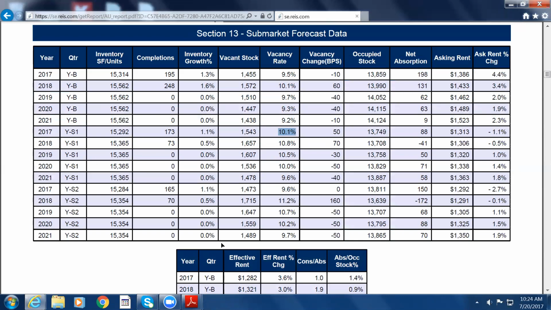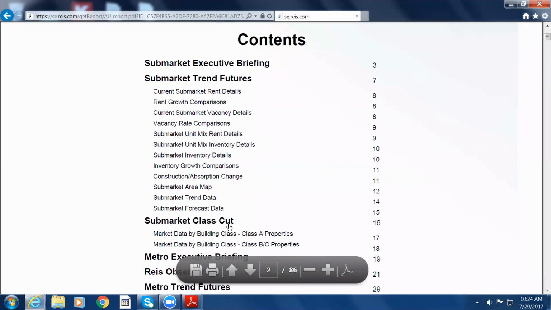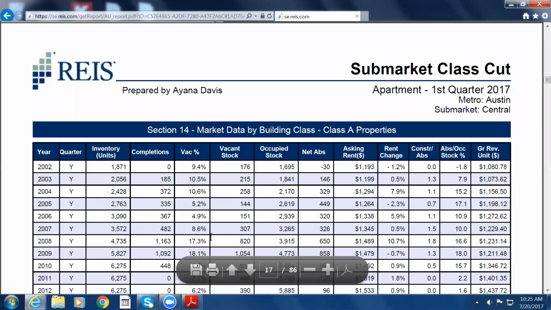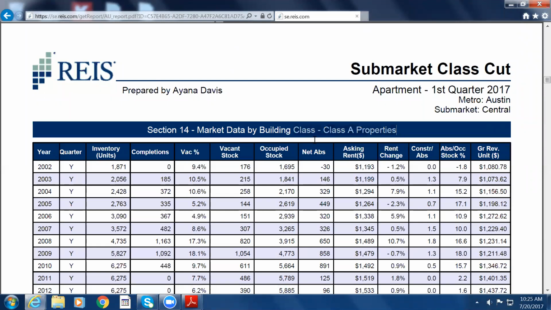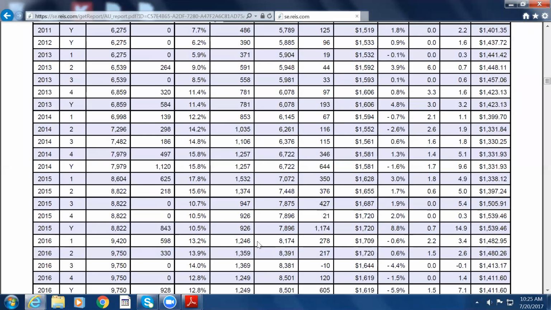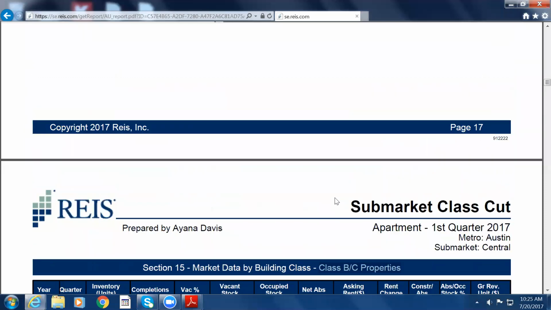Now, everything that we're looking at right now is actually based on all types of properties, but I did want to show you something else called our class cut report, where we can take all this information and cut it from Class A to BC. Just knowing that in a lot of these various markets, you won't necessarily see the same performance of an A building to a BC building. So that's exactly what we're doing here. Class A properties historically, and then if you jump down, Class BC properties. Now, there very well could be some markets where there maybe isn't too much of a difference between the two. If we just look here,